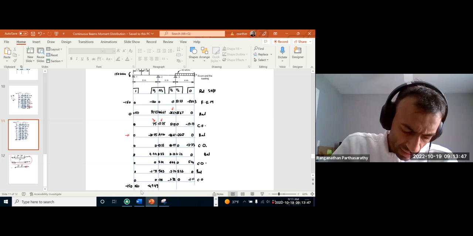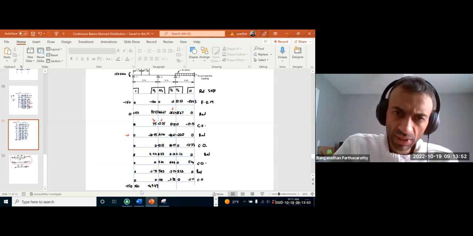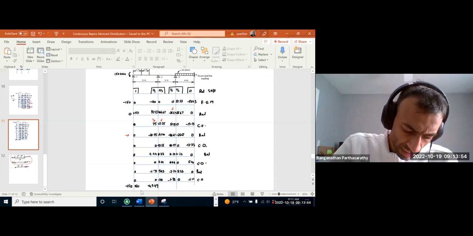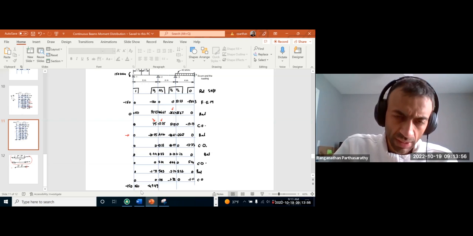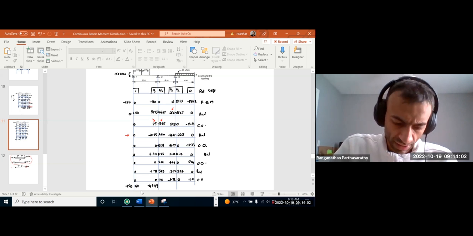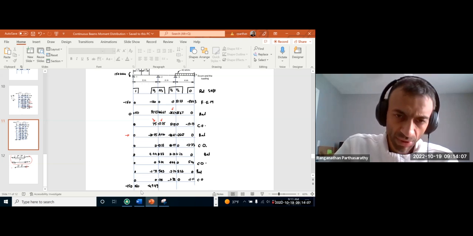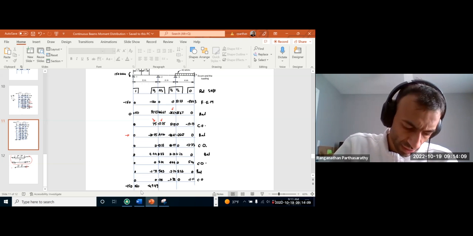Here we add all these: 106.67, negative 13.35, negative 41.1, negative 13.33, positive 8.88, positive 5.14, negative 3.43, negative 1.1,